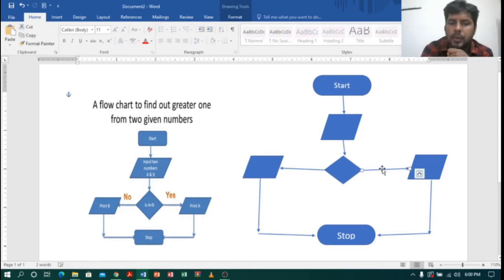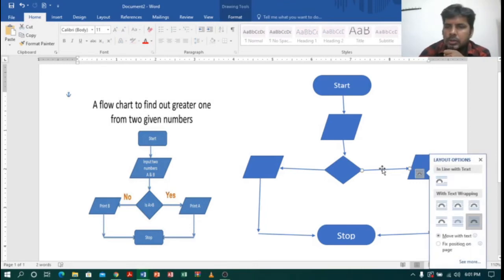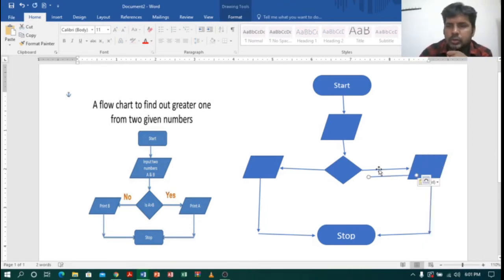So let me copy one arrow and paste. Whenever I paste the arrow, once again I will show you. See, now I got the arrow, right? So how can we rotate arrows? Suppose you want to rotate, you can see like this. You can rotate the arrows, and we can use the same arrow in a different direction. See, nice, right? So like this we can rotate anywhere, any place. So I can just move like that. Nice, right? So like this we can use arrows, and I have used all the arrows.